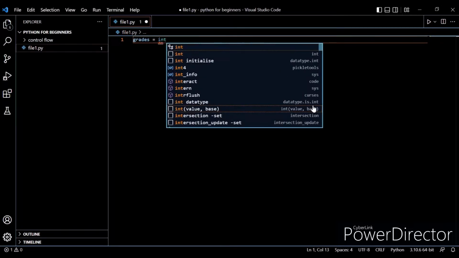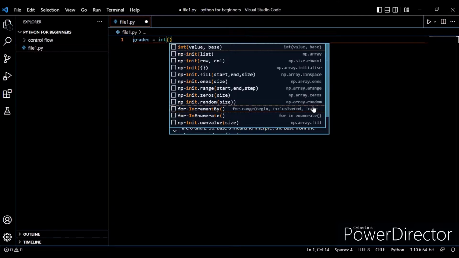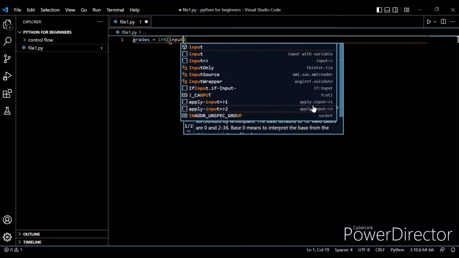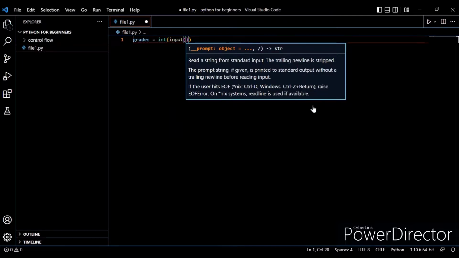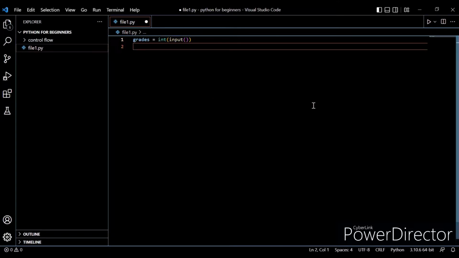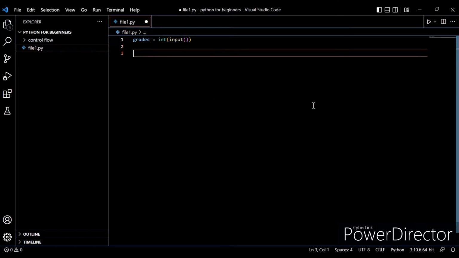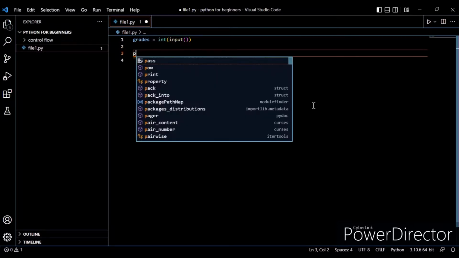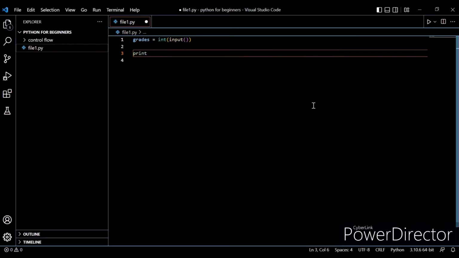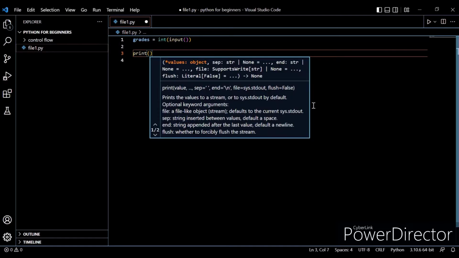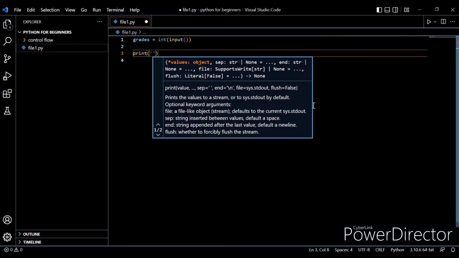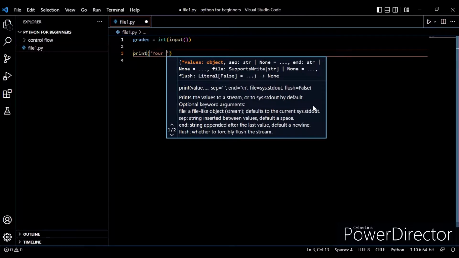I don't know if you remember, but we want to receive an integer, so we're passing int before the input. So we want to receive the student's grade as an input, right? But what would we want with the grade? Very simple. We want to print the user's grade. So we'll print a string: Your grade is,